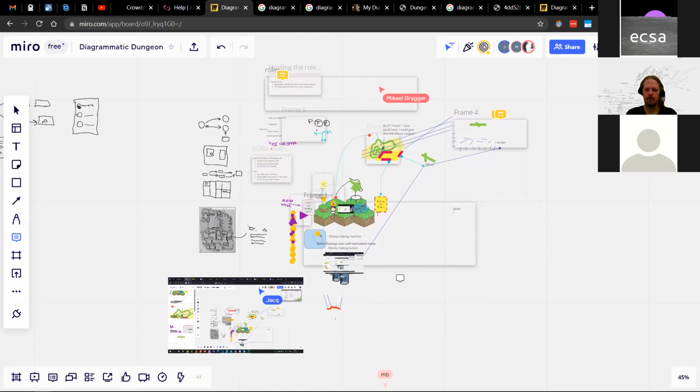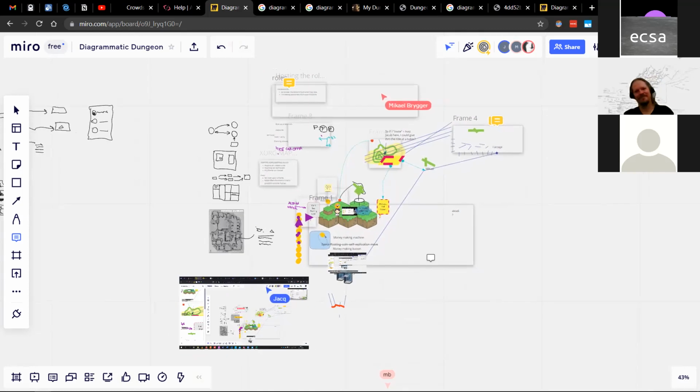So we found another way into a dungeon, which is not a bad thing at all. It's a very interesting structure, and I think thinking of this both as a diagram and a dungeon and a gaming board, all of those things is actually useful. But